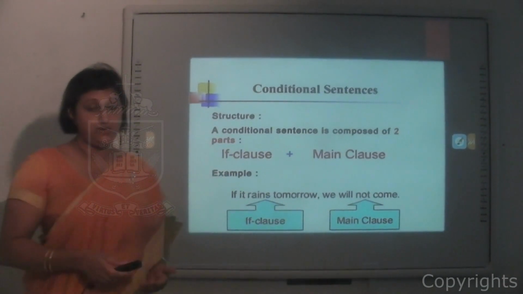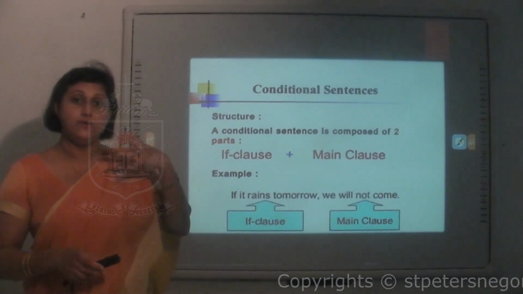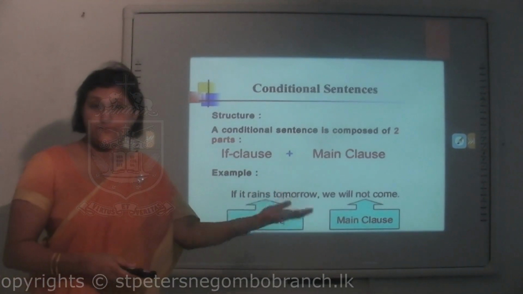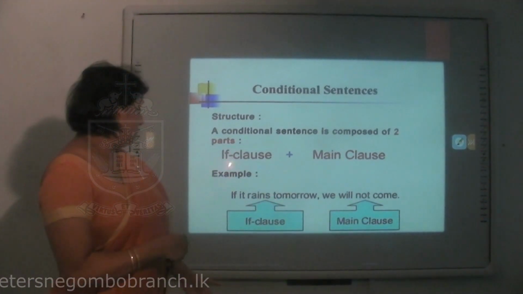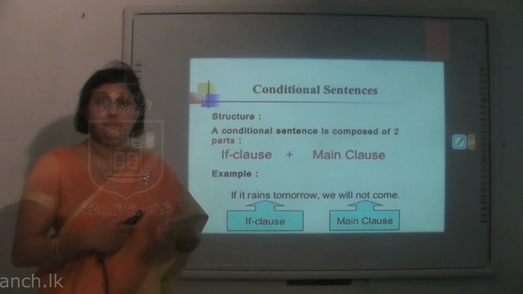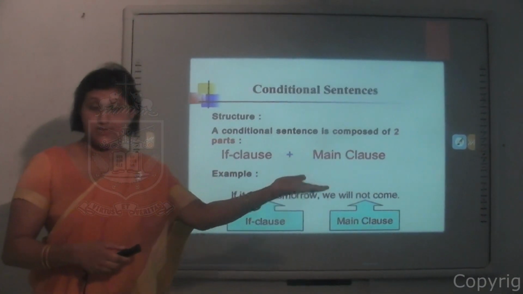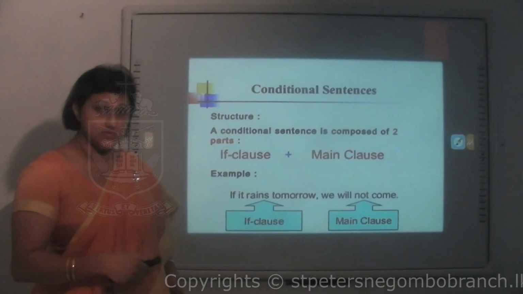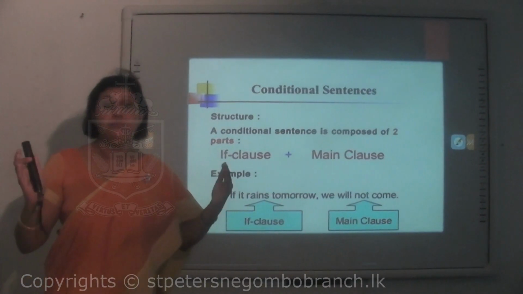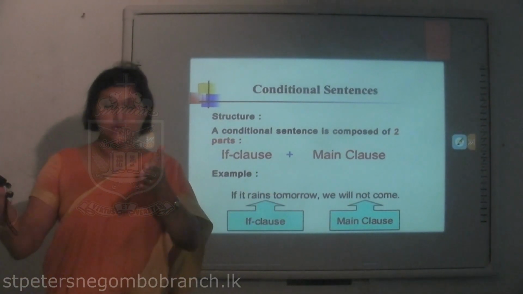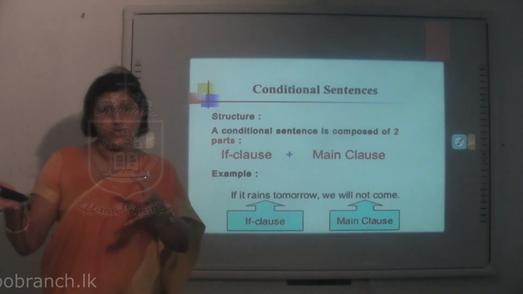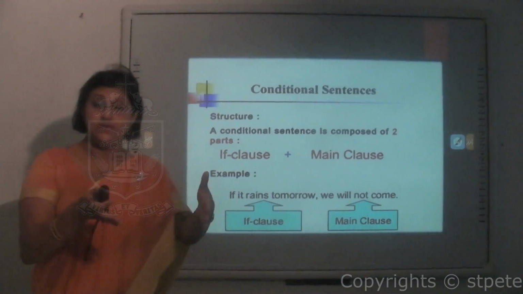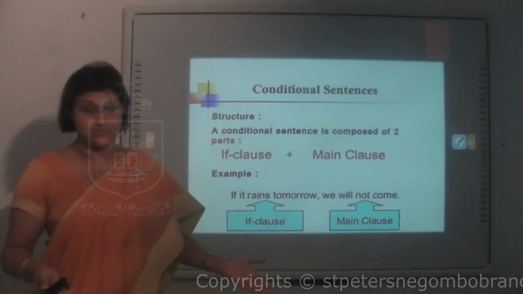In the main clause we include what is happening. For example, if you study hard, what will happen is you will get through the exam. Again, for an example of an if clause, if you practice well, you will get selected for the team. That is the ultimate result, and that is called the main clause. So a conditional sentence can be divided into two sections. One is the if clause. Because it holds the condition, you can call it the conditional clause as well. So you have the if clause or conditional clause plus the main clause. The main clause is the ultimate result.